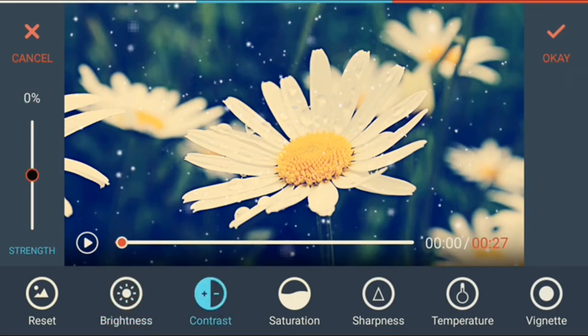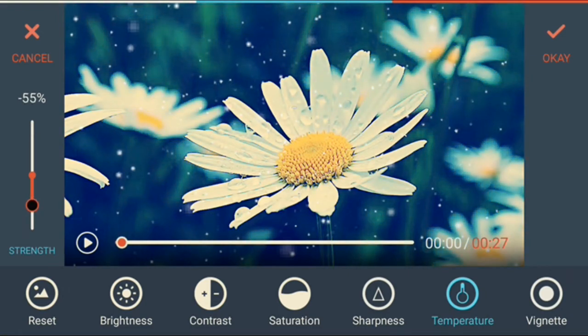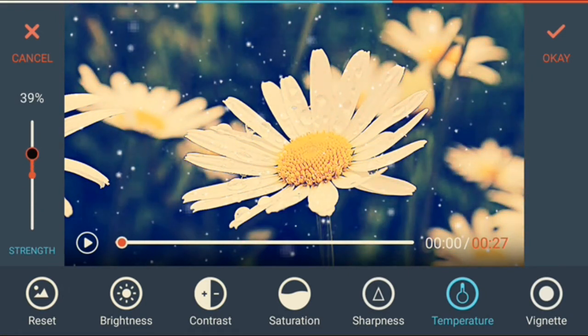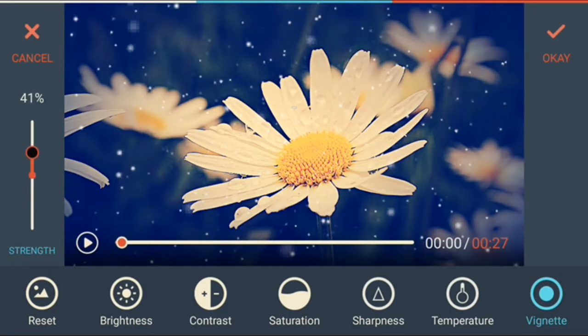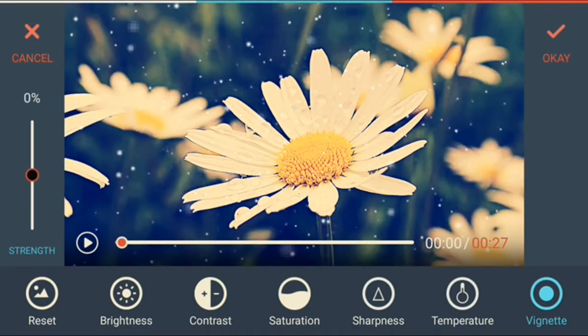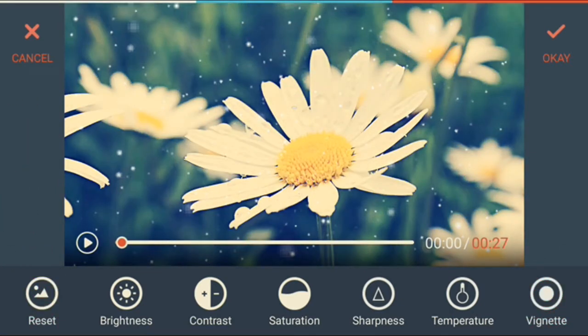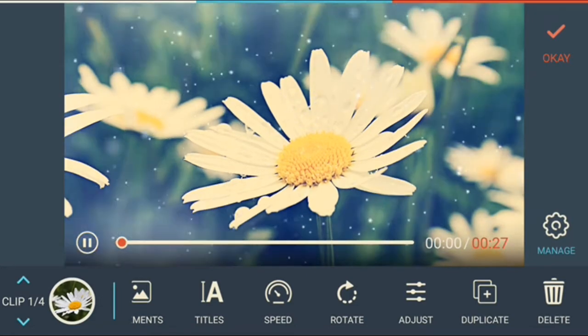Likewise, contrast, saturation, sharpness and temperature of the video can be adjusted using this slider. Now if you are okay, then press OK, which is on the right top. I don't want to alter anything here, so I will press reset and cancel.